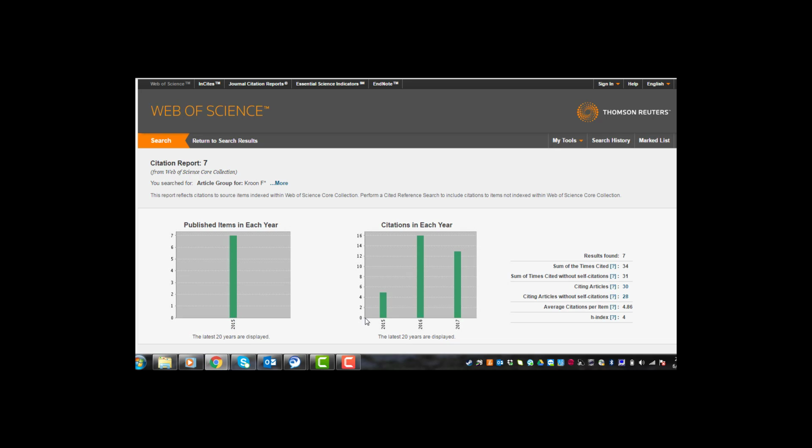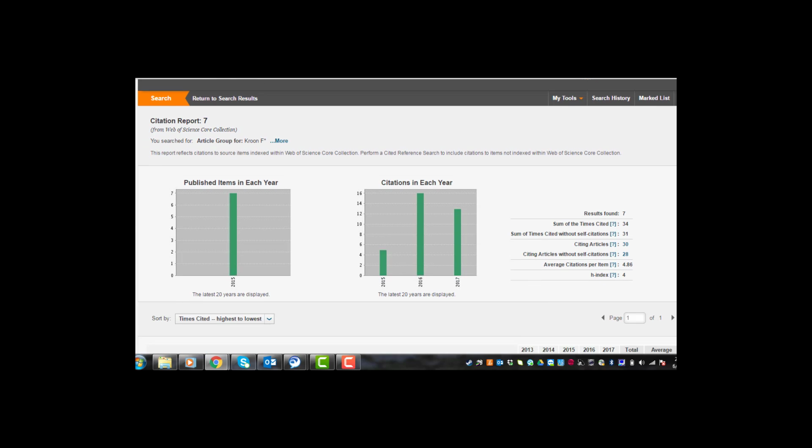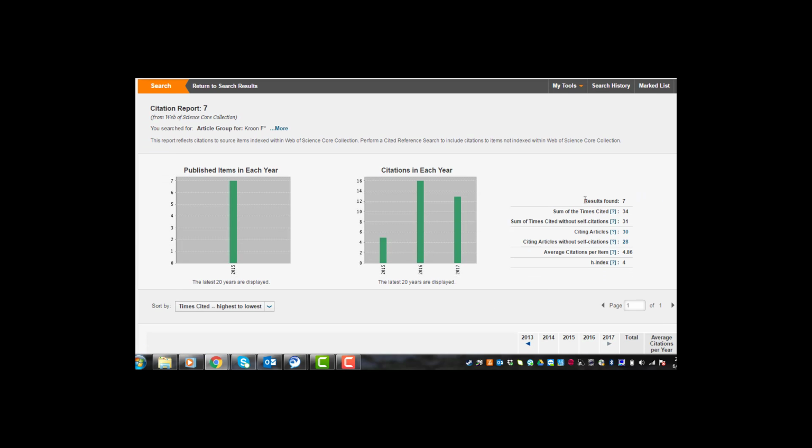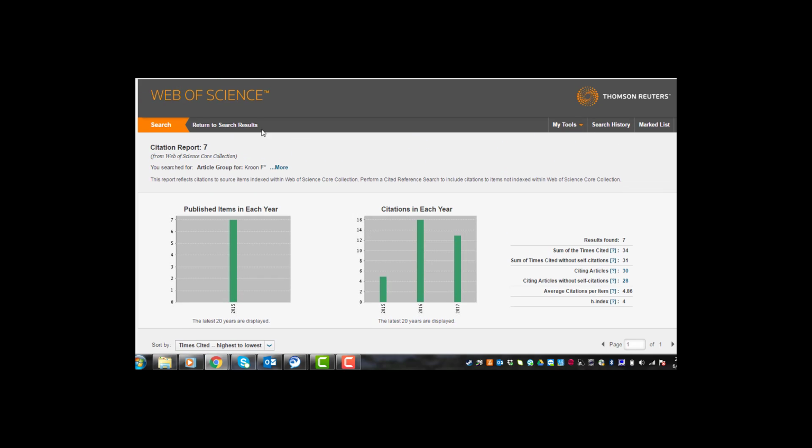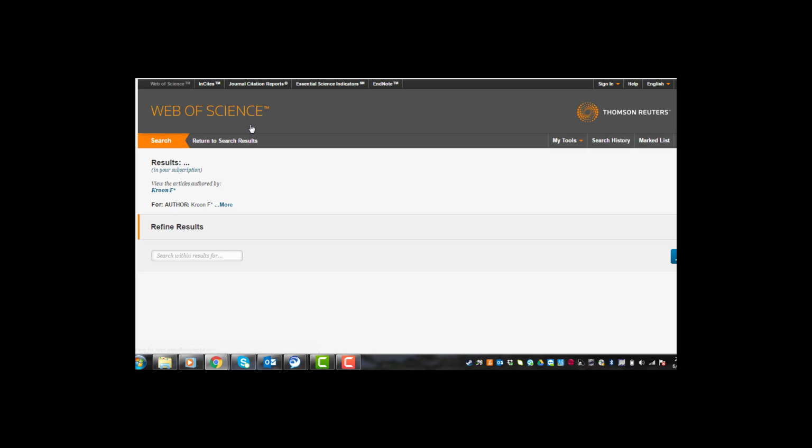There were 7. And the distribution of citations is obviously only over the last 3 years, because publications in 2015 will have only garnered citations in 2015, 16 or this year. So in short, this particular author has 7 publications in 2015, and in total those publications have been cited 34 times. If I want to move this data set across to Insights, I can do that also by returning to the search results